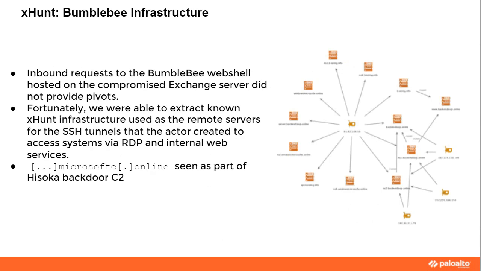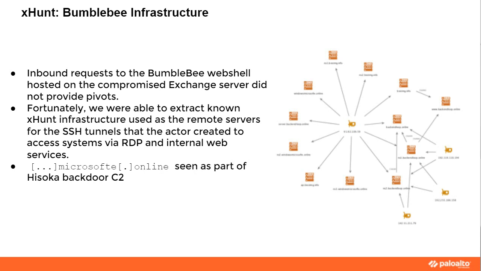So moving on, we're finally going to briefly talk about the Bumblebee infrastructure. It's important to mention this because Bumblebee relied not only on SSH tunnels, but also on Private Internet Access and VPN tunnels to leverage and access these different environments. Using IIS logs from the compromised servers, we were able to observe the actor logging into a compromised email account, and then carrying out specific activities once logged in, such as viewing emails, searching for other email accounts on the compromised network, and generally probing for additional information.